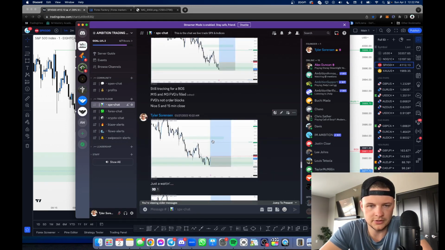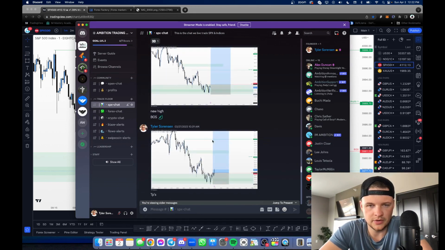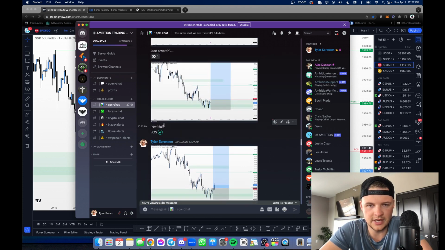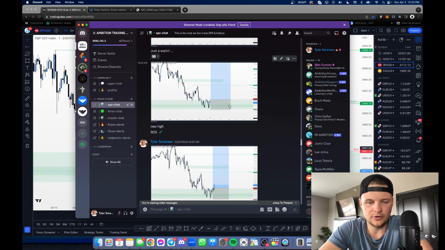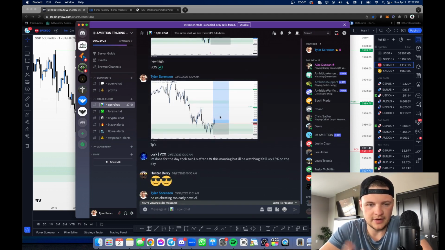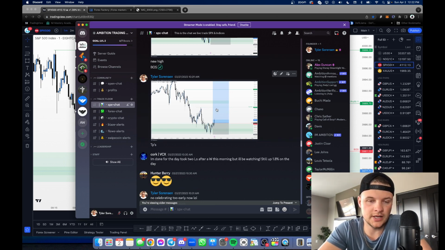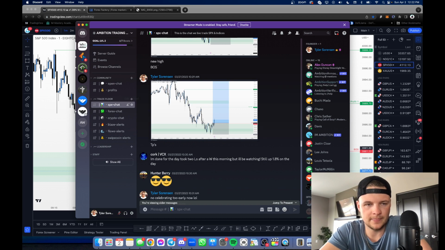We end up getting stopped out. So here we go, just showing you guys the way it was called out in the Discord. So boom, it's tracking this high right here, waiting for break of structure, right? Just waiting, break of structure, check. So boom, got the entry point, and obviously you guys saw how it played out. But that's how we ended up playing out Monday. Took a loss on Monday, all good.